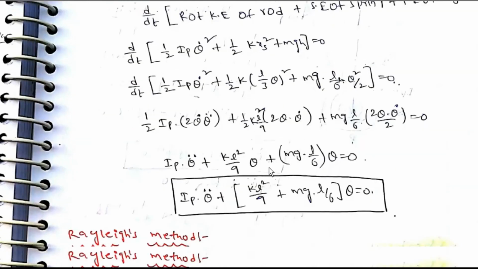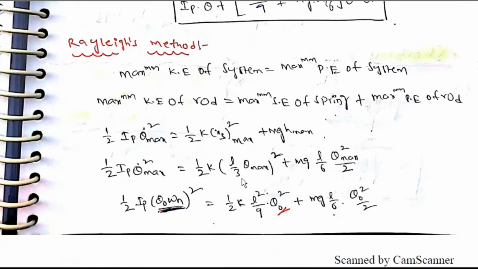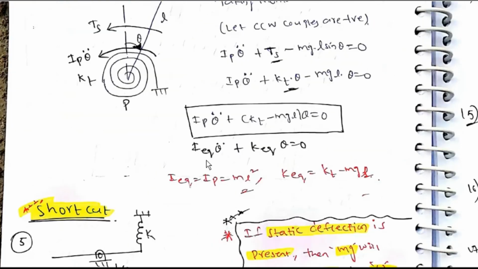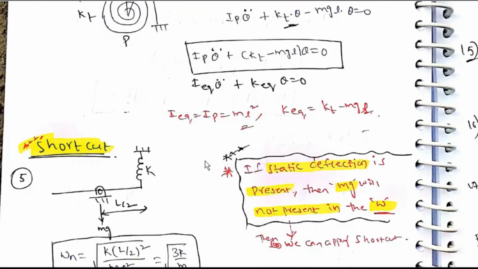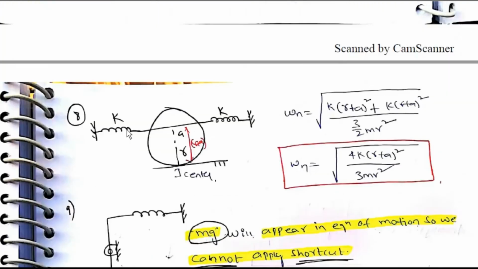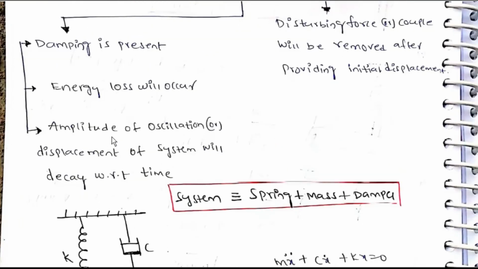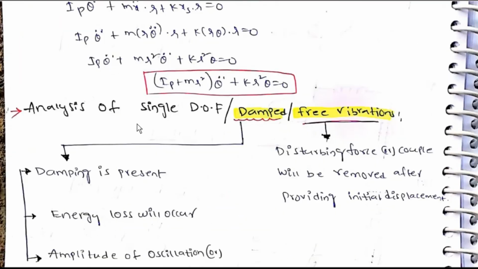Okay, these are the simple questions. G method, d by dt, Rayleigh method, okay. Okay, now